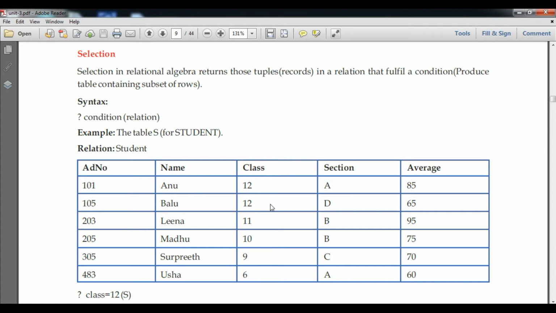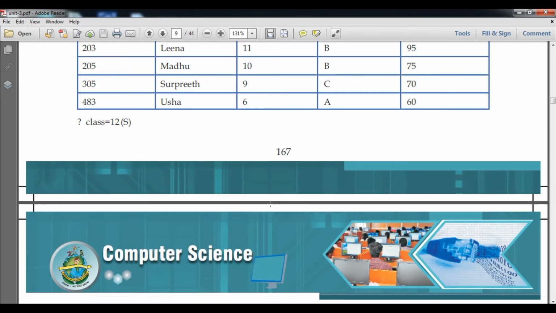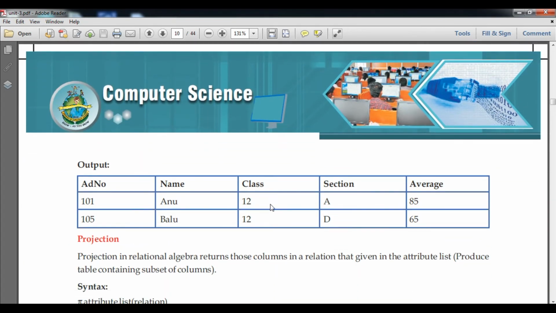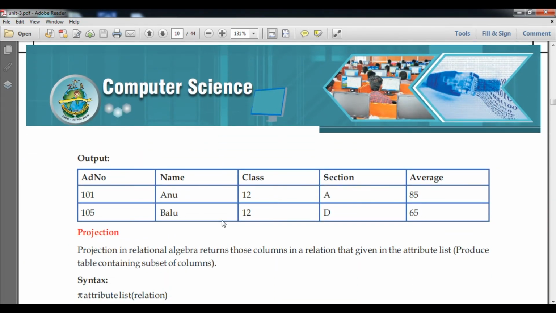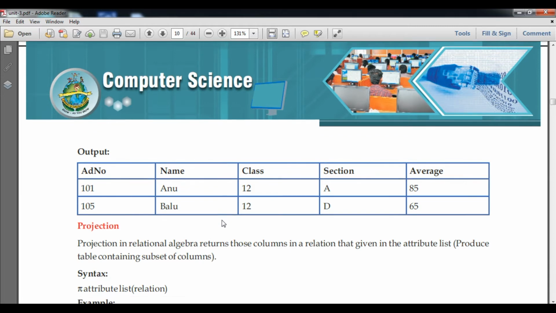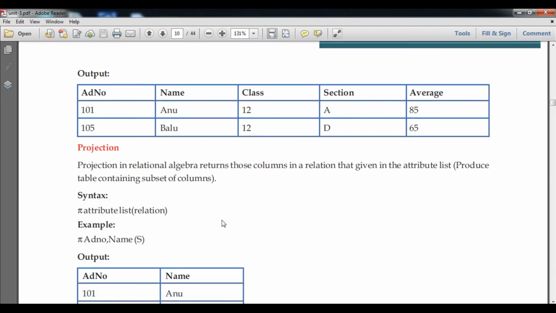So in the output, Anu and Balu have come. That means we have performed the selection operation of relational algebra. Only two rows, two records or tuples, have come.